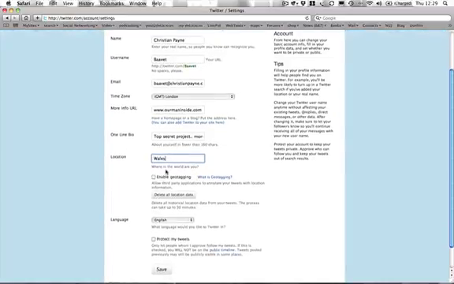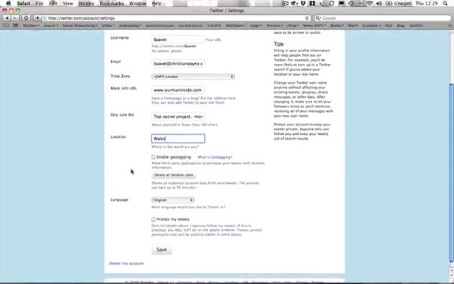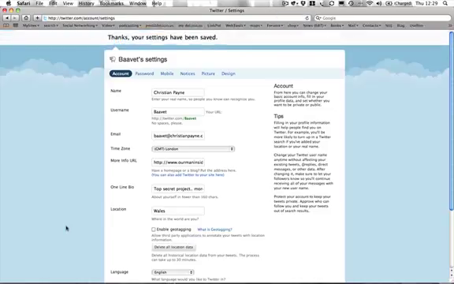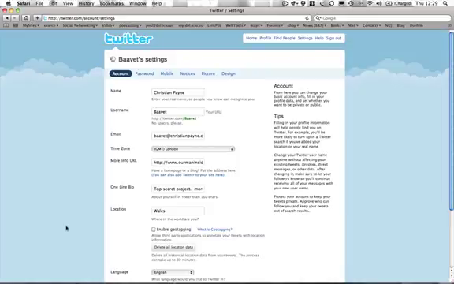Now, do I want to geotag the tweets? Not just yet. That means there will be hidden geotagged information in every tweet that you do, and I kind of want to look after the privacy at the moment, so I'm going to click save. I'm not going to click protect my tweets, because the whole point is to share what you're doing with anybody and everybody, and I think personally protecting your tweets, unless you've got a very good reason to do so, is not the best idea.